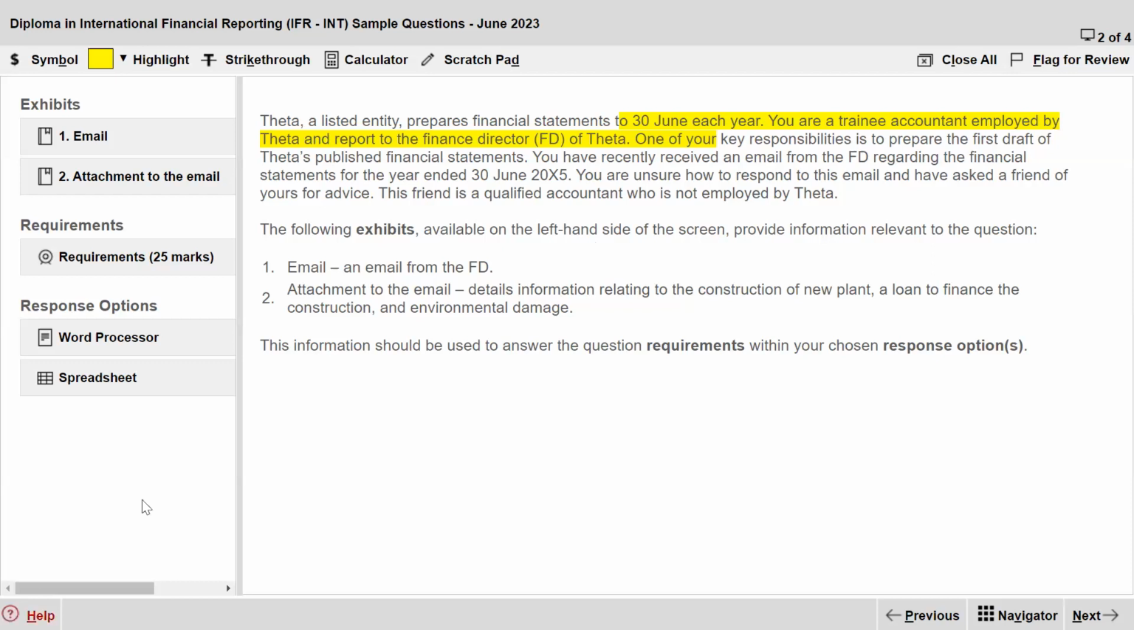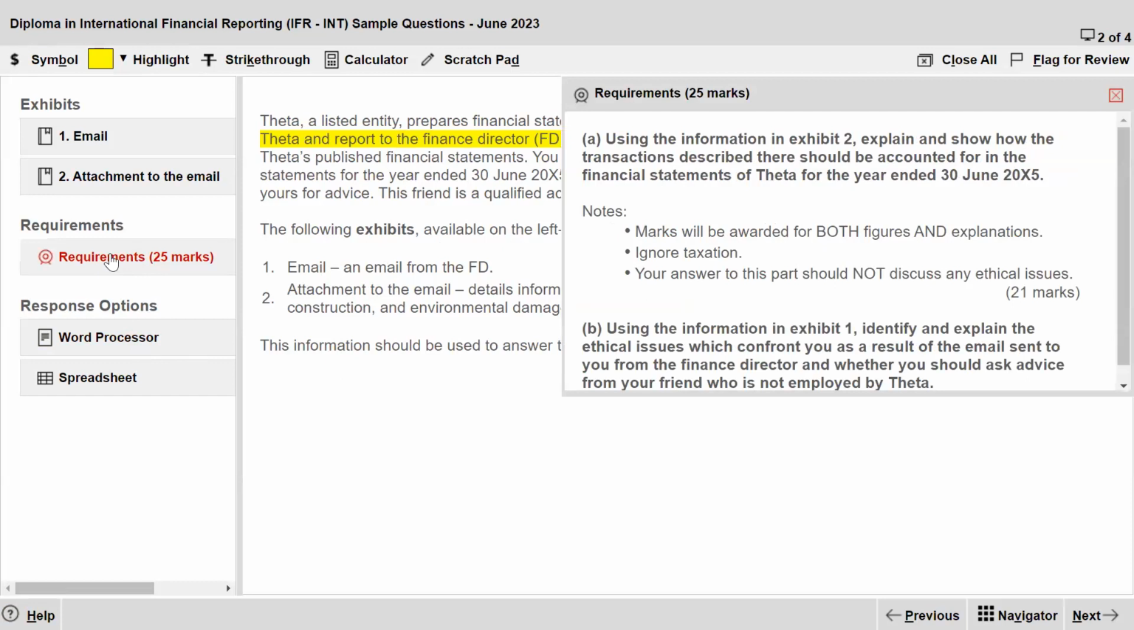Okay, now what next is there? The next is basically it's about Theta. It says that one of our key responsibilities is to prepare the first draft of financials and so on. So what are the requirements of the question? Let's try to see them. Now the requirements of the questions are,